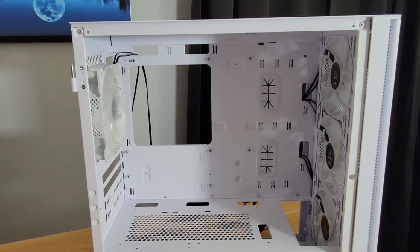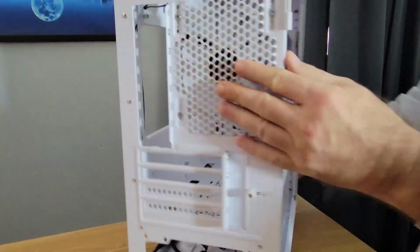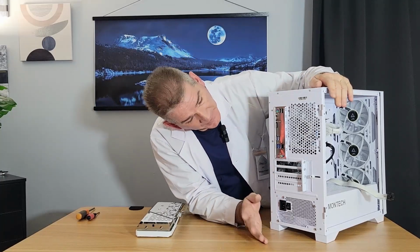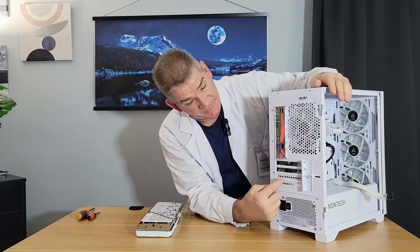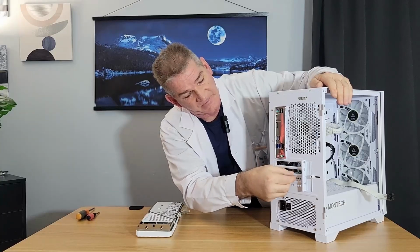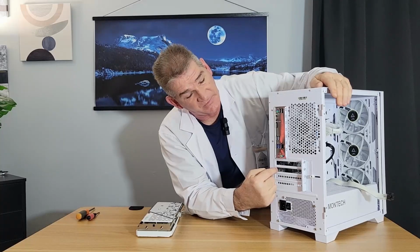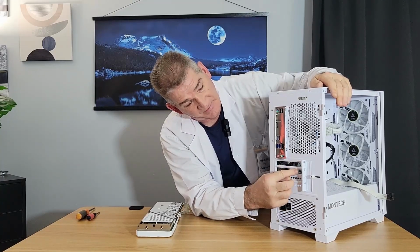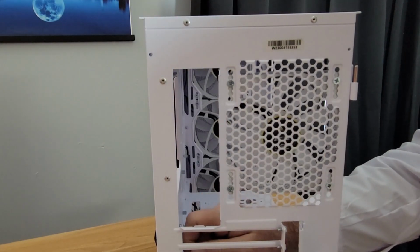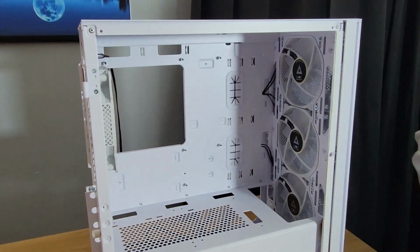All right. Let's move around to the back here. In the back, as you can see, I've already broken off the top 2 slots. For this case and the 2-slot card that we're using today, we need the top 2 slots free. On the cheaper cases, these are actually break-offs. I recommend that you break them off before you put the motherboard in, because the motherboard is going to be right up against them, and you could possibly damage and scratch the motherboard, which I have done before. So once you've broken off those slots,